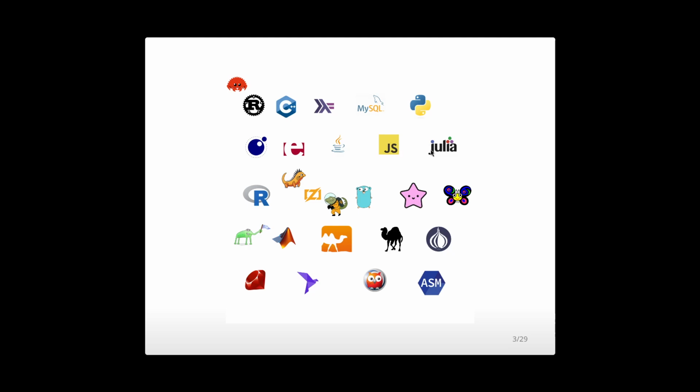JavaScript, Julia, R. This is the Zig programming language, and it has two mascots. This is Ziggy and this is Zero, and these are called Ziguanas, not iguanas. This is Go, and this is the Go Gopher. So Go actually has a logo which is just GO in this same teal color, and then it's tilted slightly. This is Gleam, and the mascot is named Lucy.